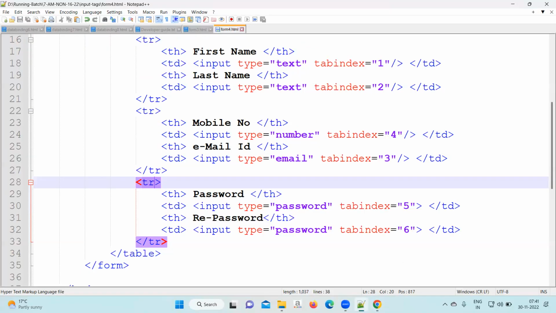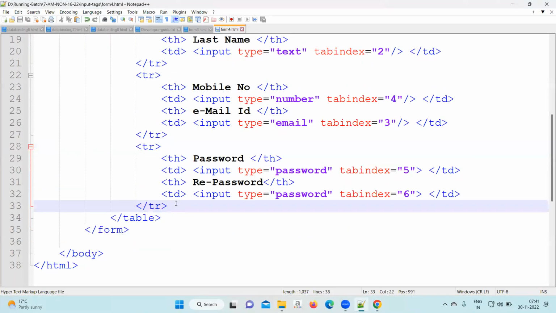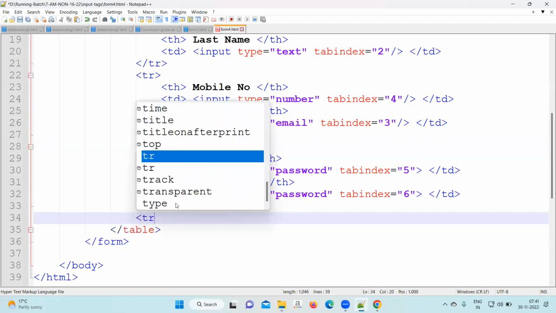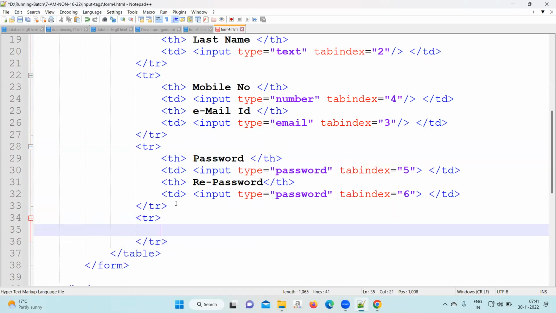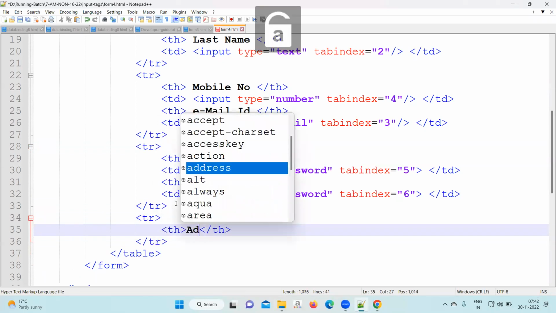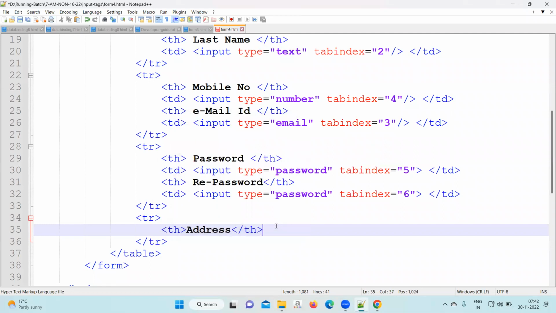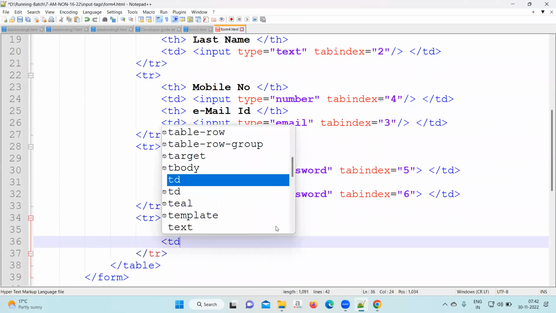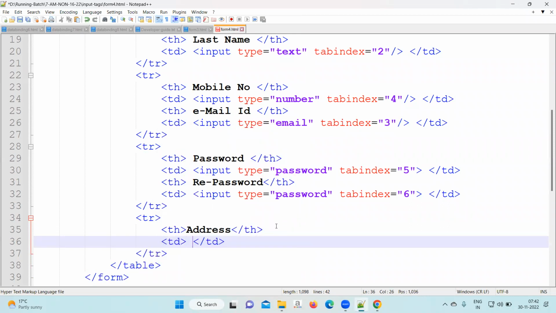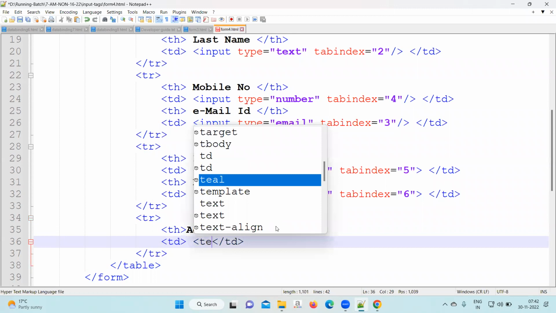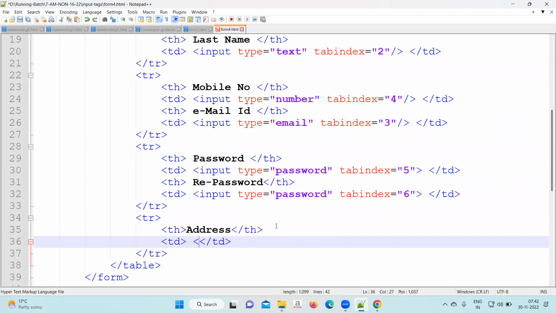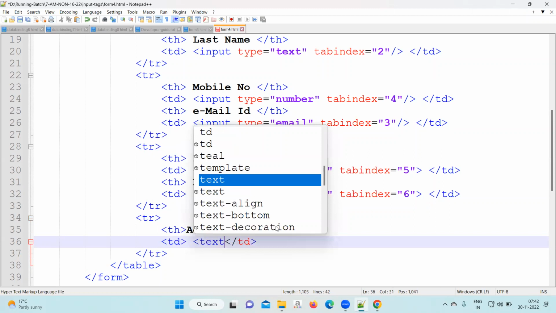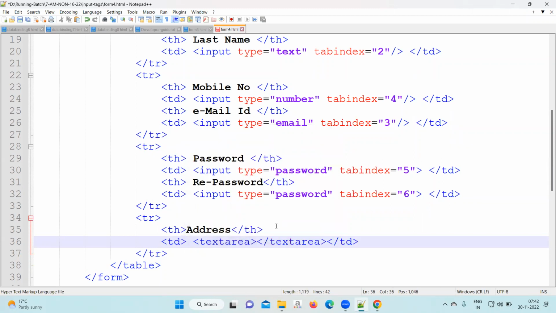Next, we'll add one message text area. TR, TH, address, TD, textarea open, textarea close. After that,